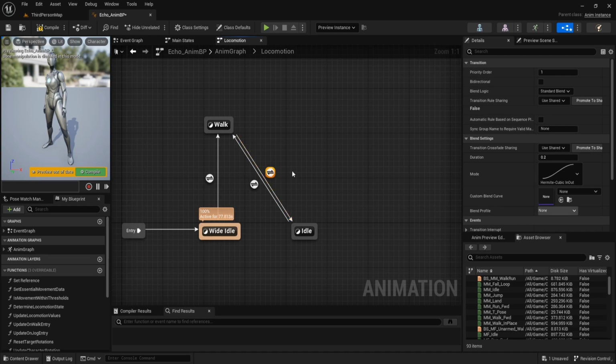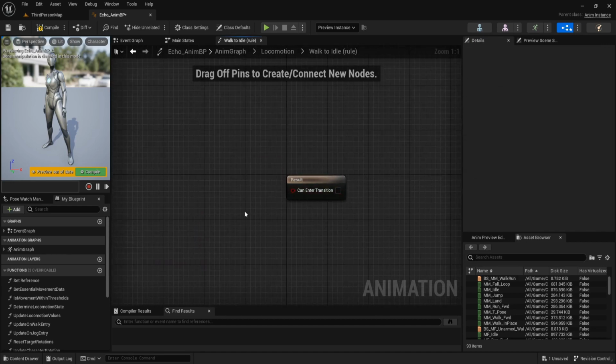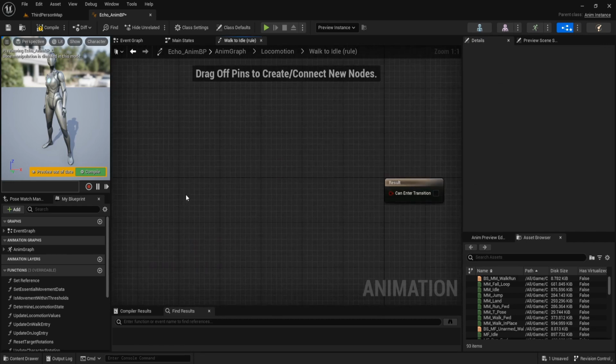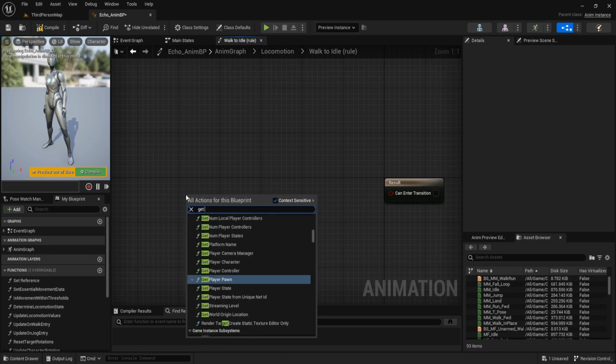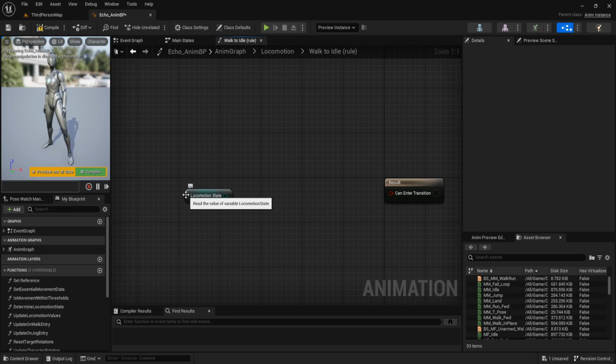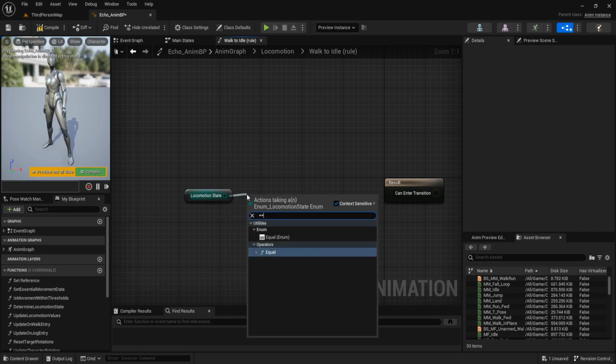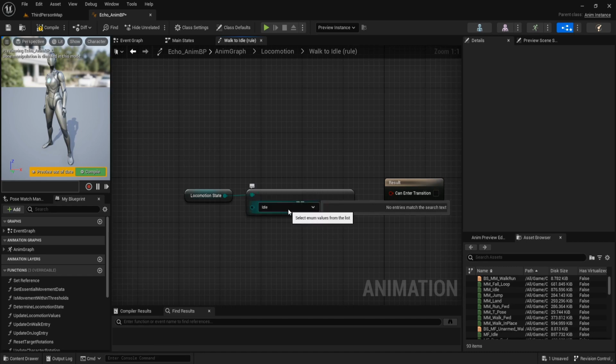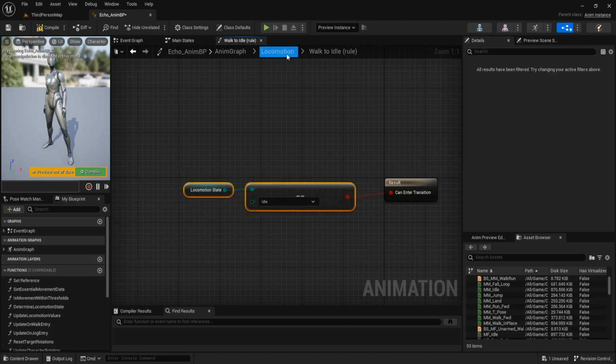And for this transition set the duration to 0.3. Double click and get locomotion state equal to idle and connect it to the result.